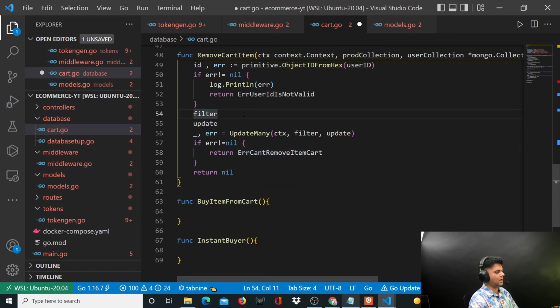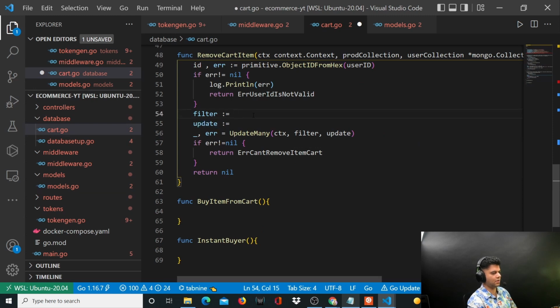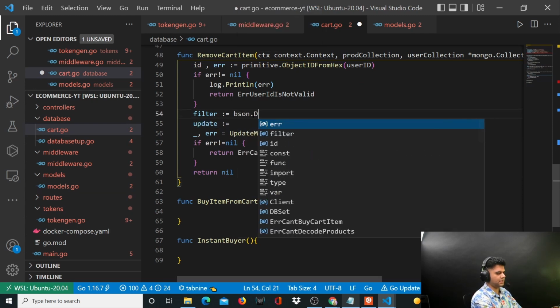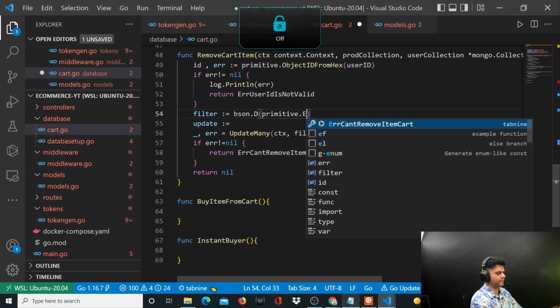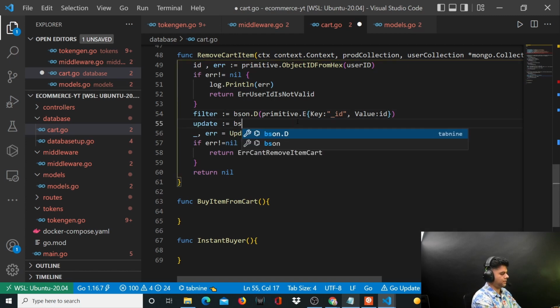Okay, so now the most important part is working again on the filter and the update. So needless to say that update has to have some way to take that particular user's data, and go to that user's cart, and then just delete that product with that particular ID. That's what our update has to do, right? So let's think about that. Before that, for our filter, we need to pass our user ID. So we'll say primitive.E, key is underscore ID, value is ID, and update will have bson.M